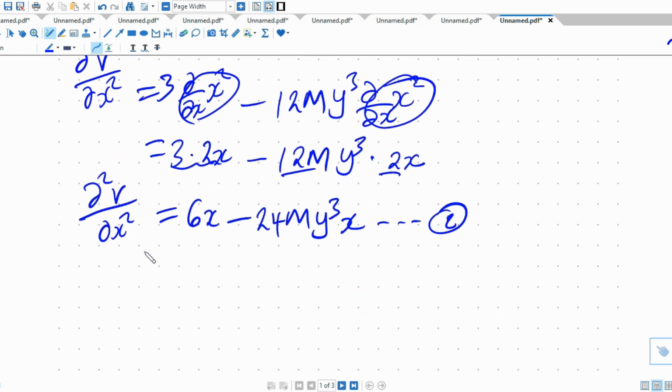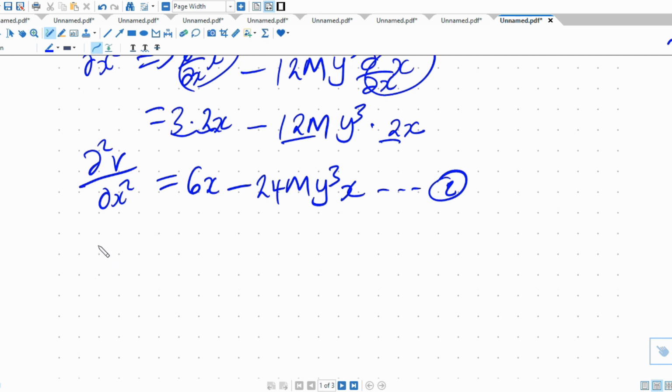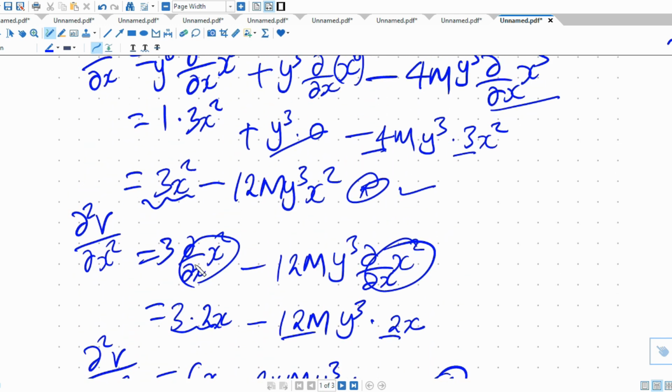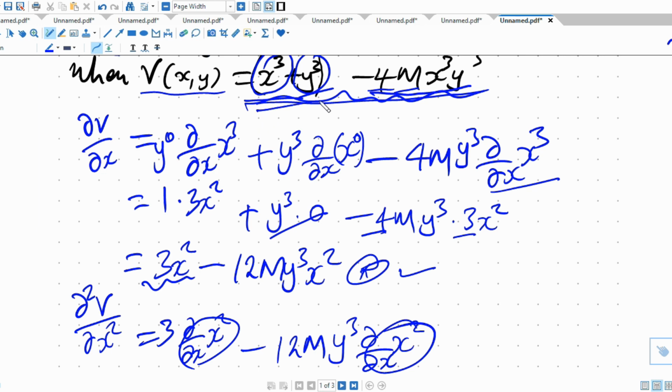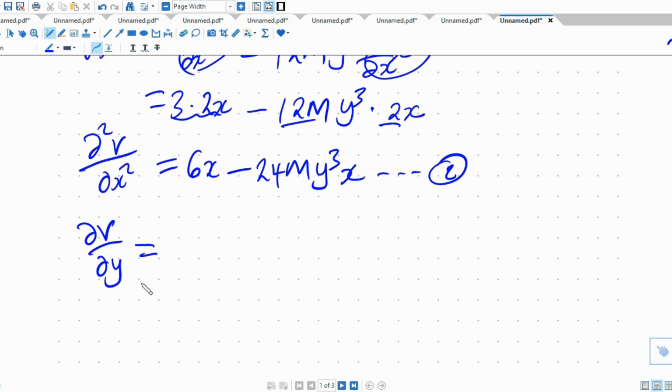Now we are through with the second derivative with respect to x. Now we proceed on to first and second partial derivatives with respect to y in that expression. So the expression here is x cubed plus y cubed minus 4mx cubed y cubed. Now when we differentiate with respect to y, we are going to keep our x constant, so our x is going to be constant, and in this case we are going to